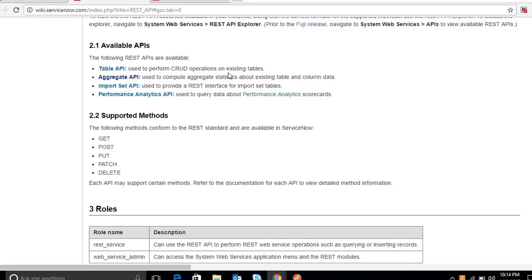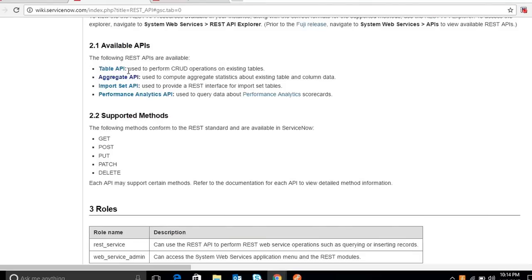An aggregate API is used to compute the aggregate status of existing table or column data. Similarly, an import set API is for import set tables and a performance analytics API is for performance analytics scorecards. Performance analytics is a different module of ServiceNow, and this API is specially made for that separate module. So for the time being, we'll focus on table APIs.